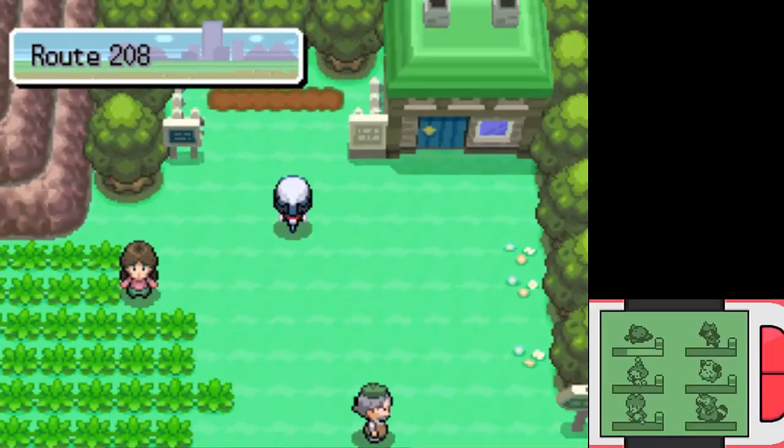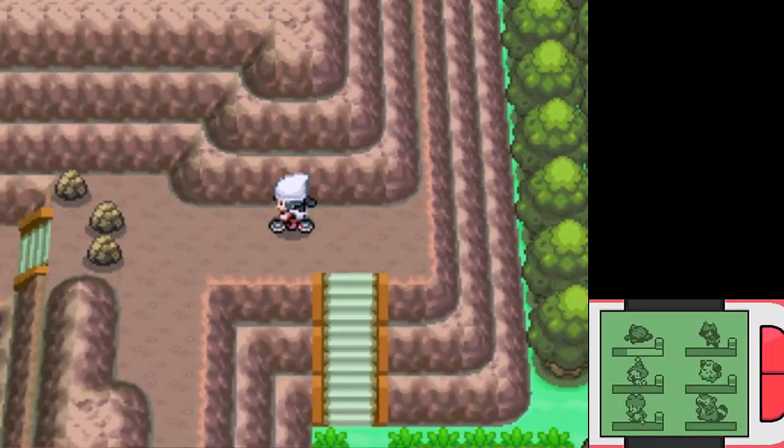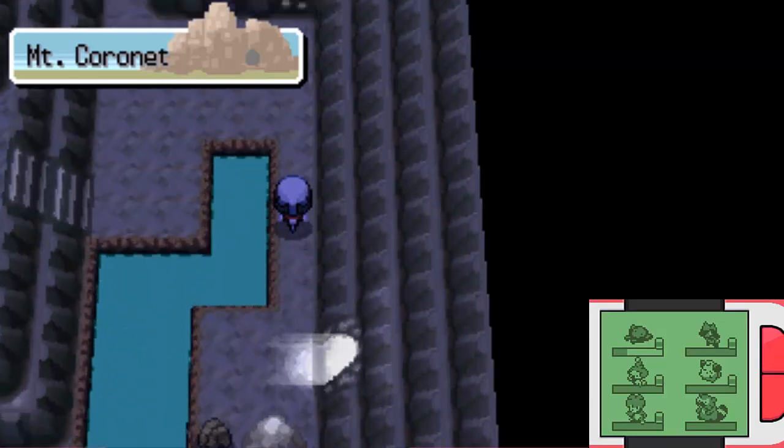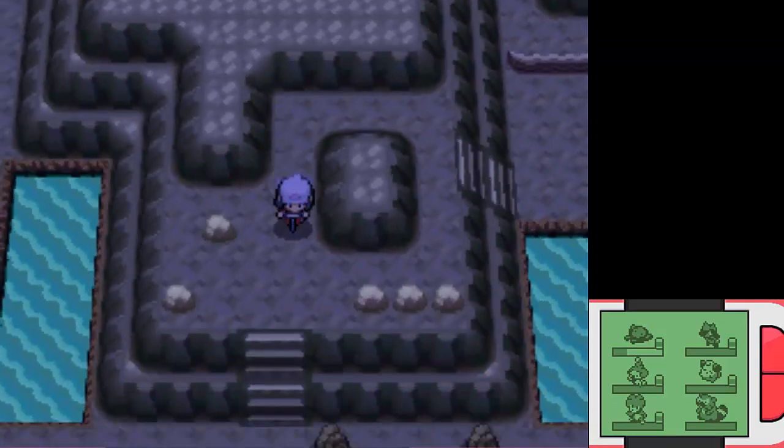And all the rest of them are in Heart Gold and Soul Silver. Oh yeah, and the Regis, I forgot about them. But here we're going to go ahead and do the final in-game event, which is on top of Mount Coronet,